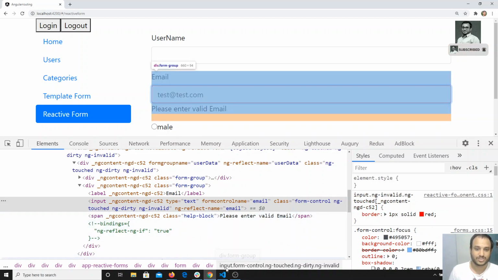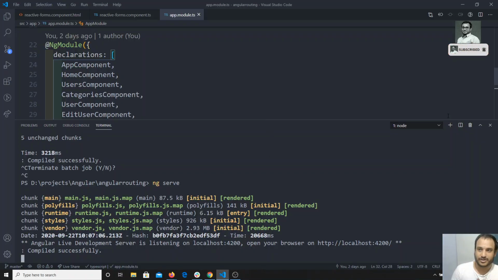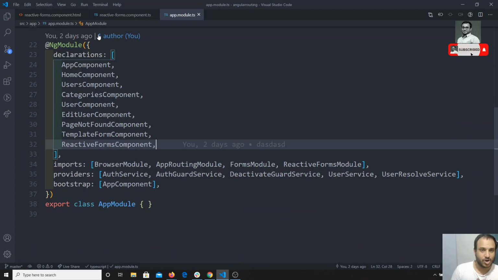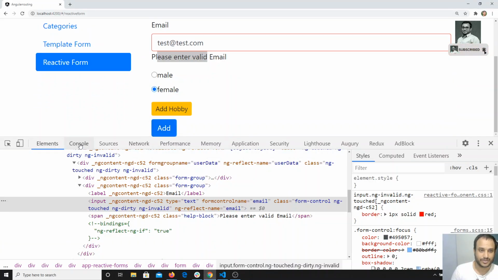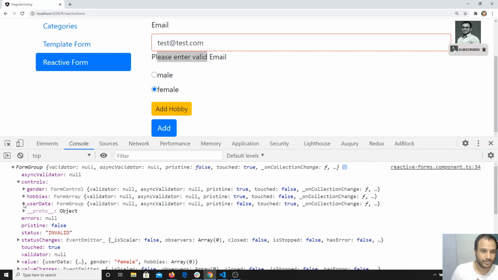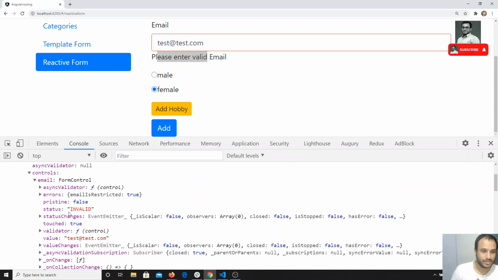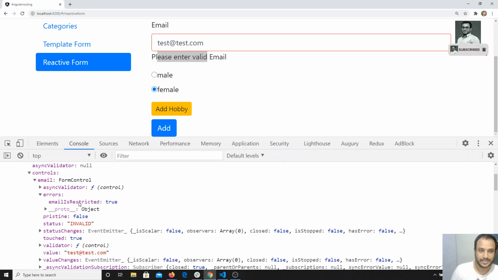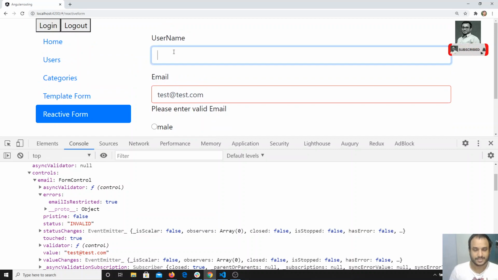Okay, so this is how. If you want to write your custom validations, you can write it as I have mentioned for the username: signup form get of that one dot errors dot required, like that. So you can use this. For example, if I click on add, you will get the form group, and you can go to the controls, then the user data, and again to the email, and here you can see that email is restricted is true. You are able to get it the same way we got the restricted name. So the same scenario you will be getting.